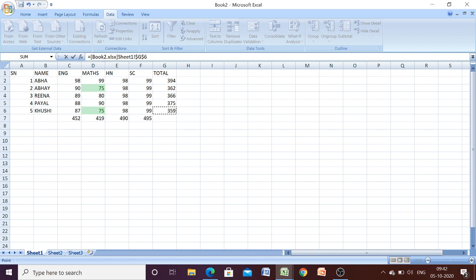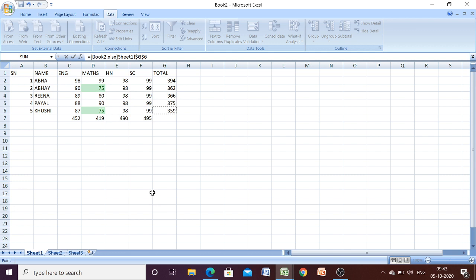So what is the formula? First you have to write name of the workbook. So name of the workbook is book2.xlsx, and from here we are accessing which sheet? We are accessing sheet 1, and then exclamation mark, and then address of our cell, it is G6.